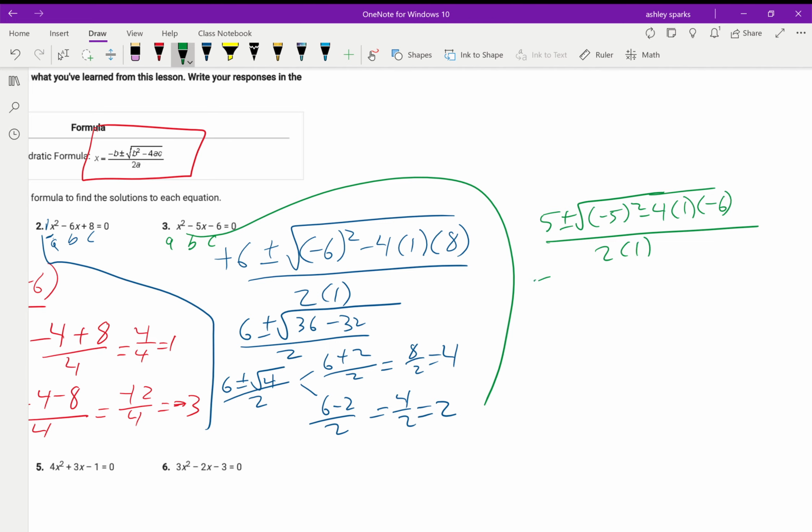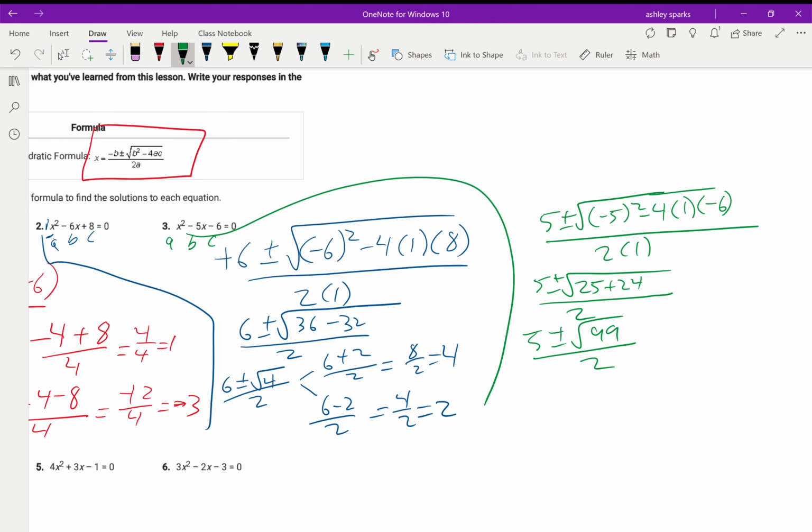So 5 plus or minus 25, 4 times 6, we have 2 negatives, so plus 24. Right? Yes. All that over 2. And what you're going to notice here is this is not going to be a nice square root. So I'm going to combine, and I get 5 plus or minus the square root of 99